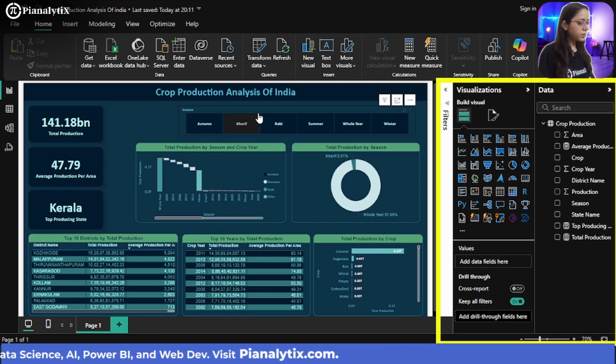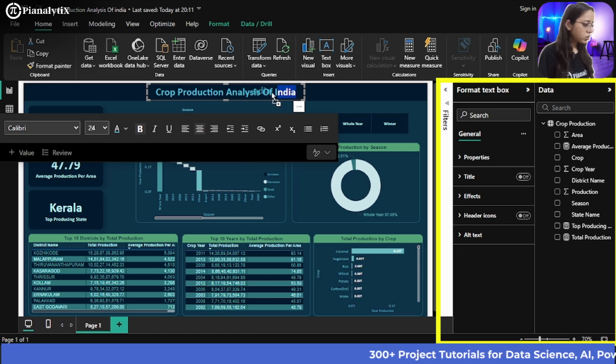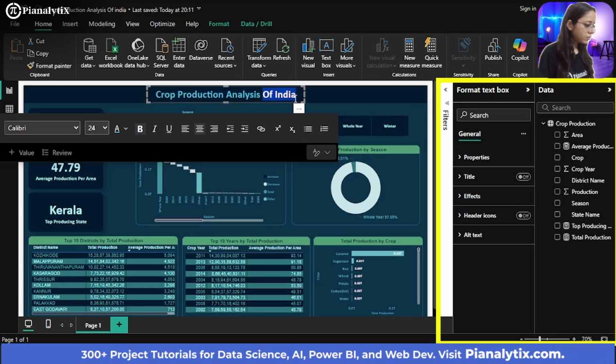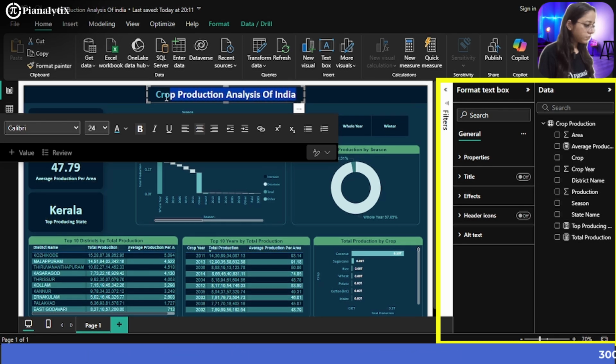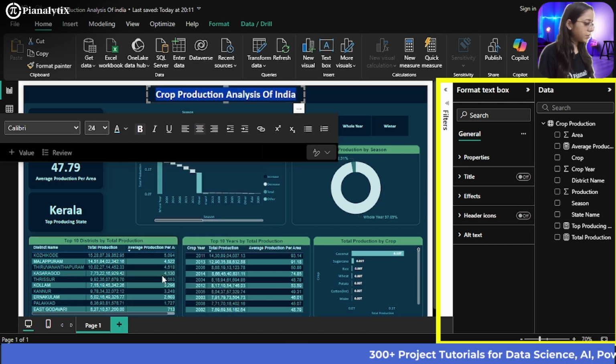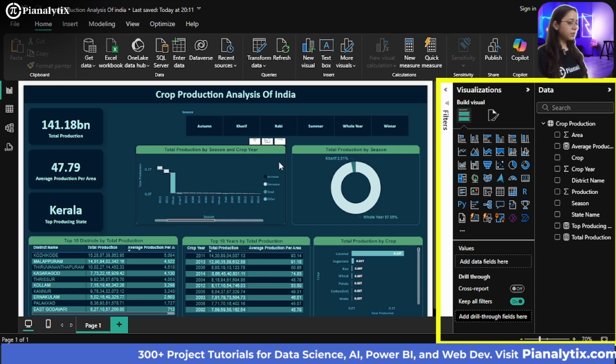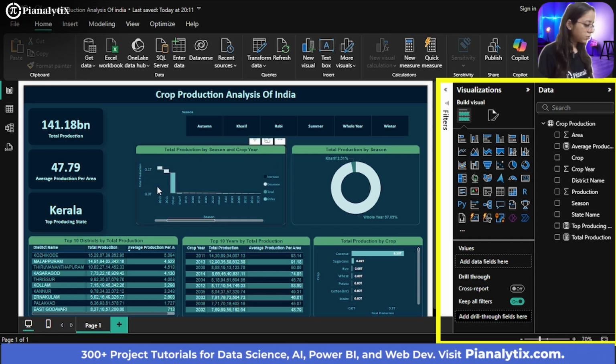Now if you want to insert an image, you can always insert an image, but before that I want to change the text color of this, so I can choose the text color also. Let me select this, and I can choose this color. Now this actually makes it pop a bit also.